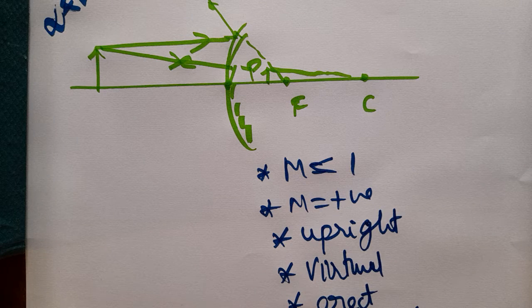Concave mirrors are used by dentists. Searchlights, torch lights, and solar furnaces also use concave mirrors. Convex mirrors are used to get a larger field of view. For example, if there is a tall building you want to see, you have to use a convex mirror. The car side mirror is a convex mirror, and the car headlight uses a concave mirror.